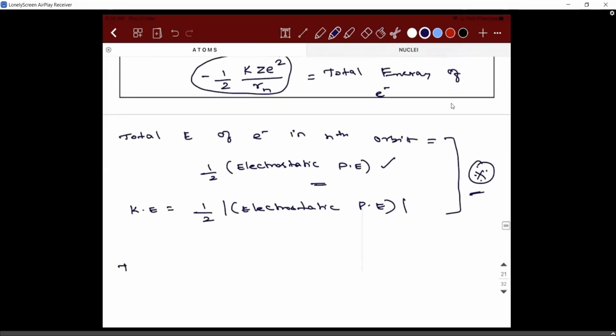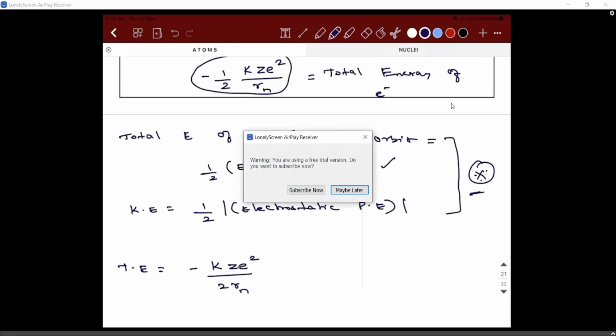If you see the expression for total energy, it is minus k z e square divided by 2 times Rn. So yesterday I told you, whenever you're doing something experimentally, you should be in a position to calculate it. So you should try to write it in terms of constants. K is a constant. Z you can find from the periodic table. e is a constant. 2 is a constant. But what is not constant? Rn. For Rn we derived an expression yesterday. Tell me what it is?